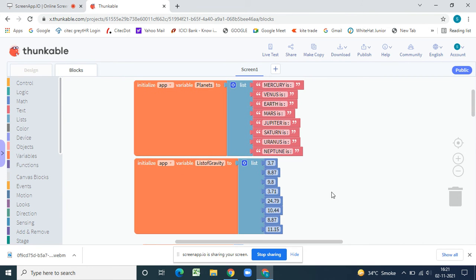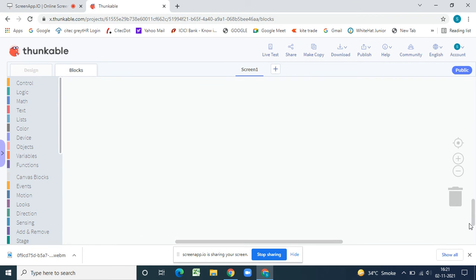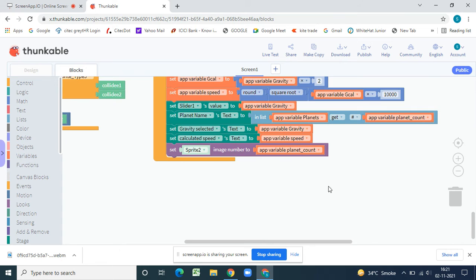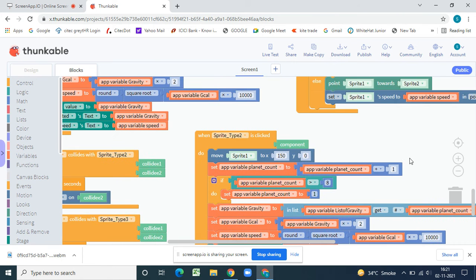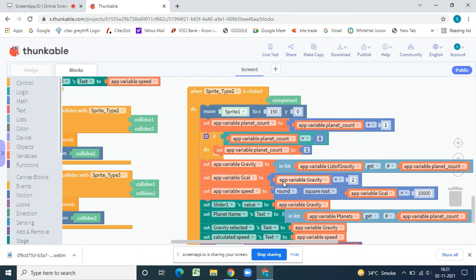Here you can see the list of gravity. This is the list of gravity. Now, with the list of gravity, what will happen? Like this, I have given the code. So when we get the list of gravity,